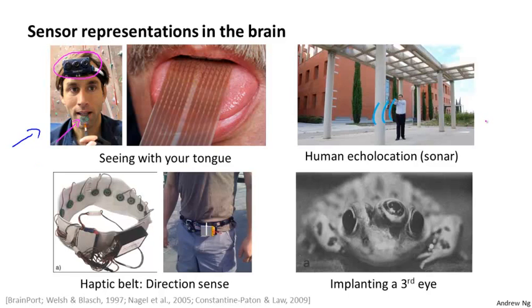Here's a second example of human echolocation or human sonar. So there are two ways you can do this. You can either snap your fingers or click your tongue. Can't do it very well. But there are blind people today that are actually being trained in schools to do this and learn to interpret the pattern of sounds bouncing off your environment as sonar.